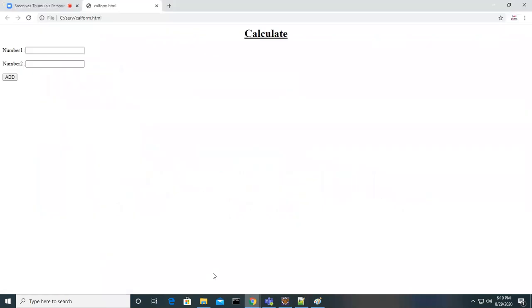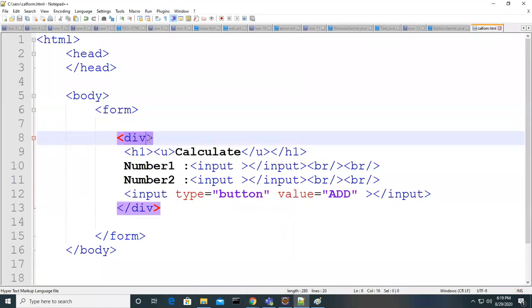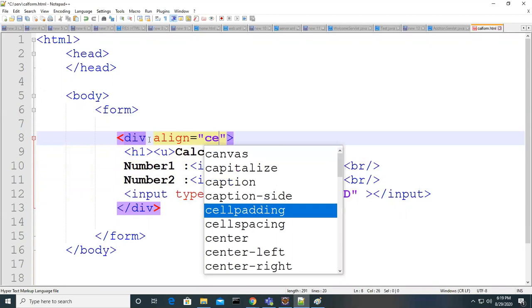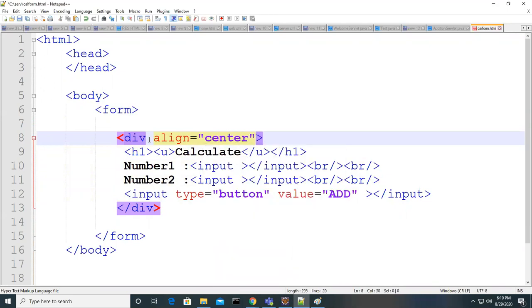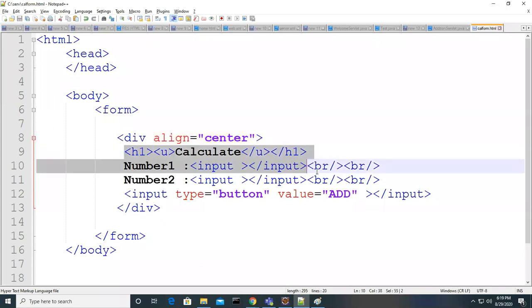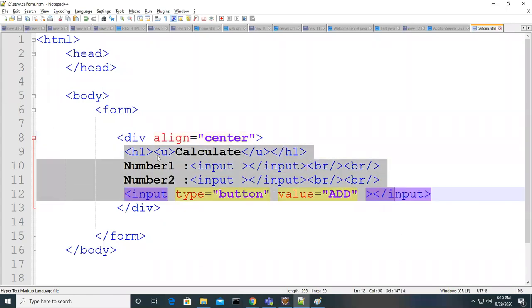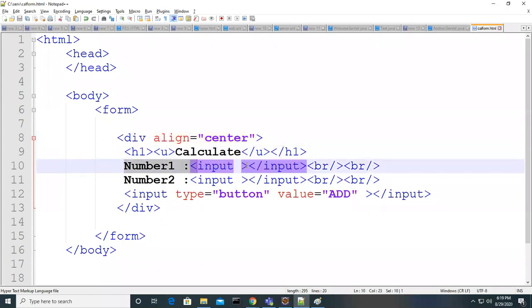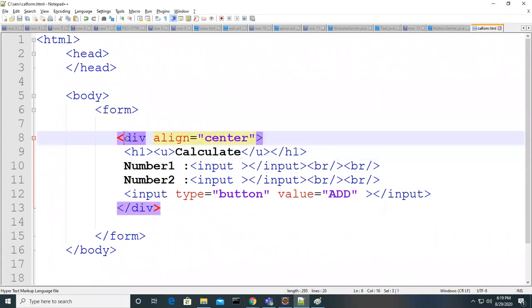So now I just entered here. Let's add the attribute align equal to center. Look at this. The entire part came into the center, because I kept the entire heading information, input 1, input 2, and button, all in one division.